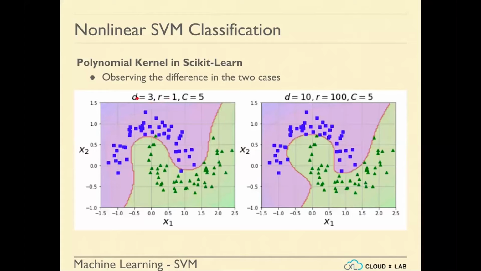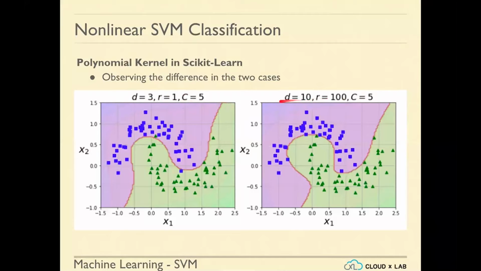So there are these three hyperparameters, and basically when we are mentioning the polynomial kernel, there is some kind of magic that SVM is doing, where we are given these three knobs that we can control. Here you can see that C, the regularization parameter, we are keeping the same. So by controlling these three parameters,